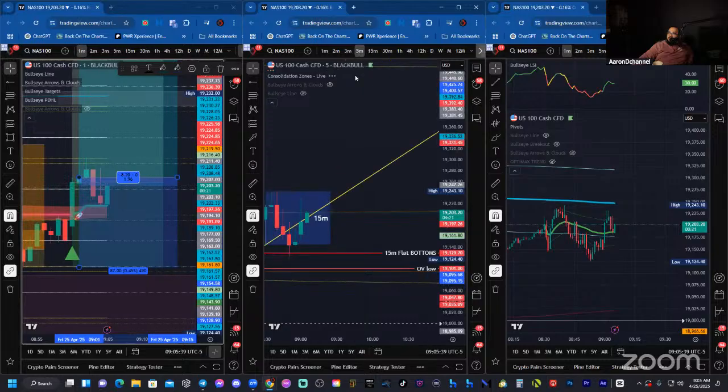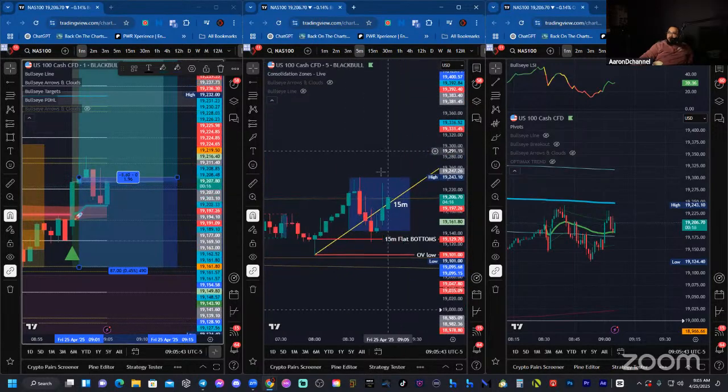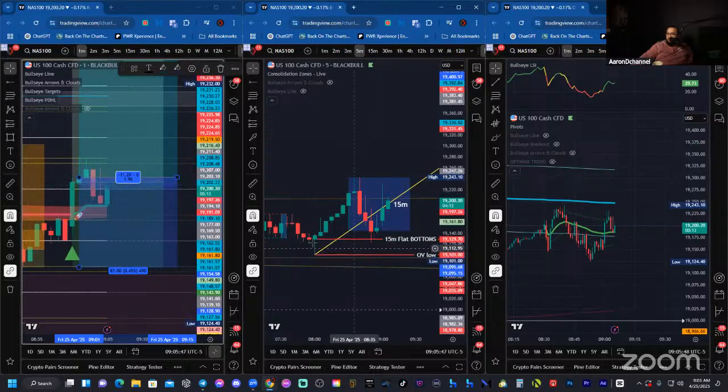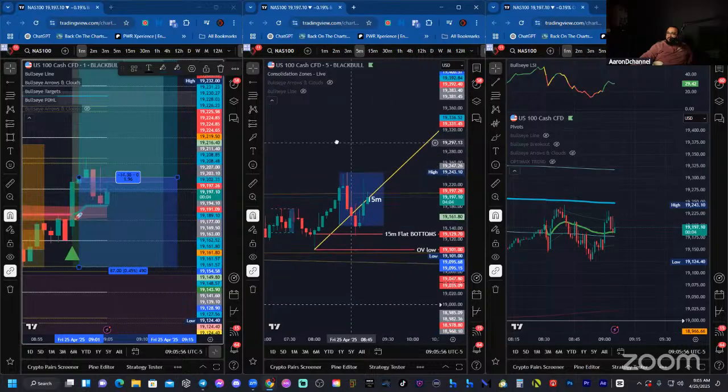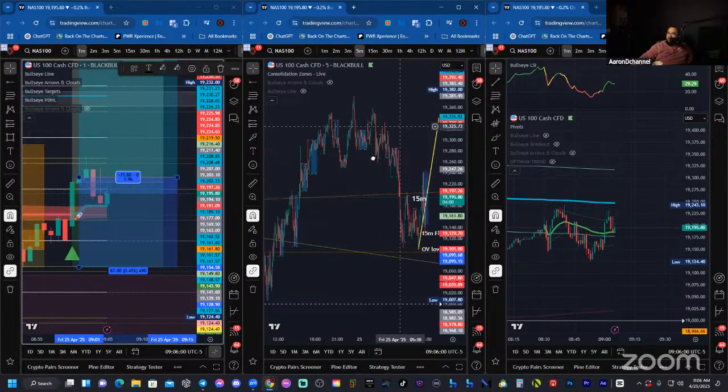All right, let's look at the 5-minute candle. Here's what I like about the buys is that we tapped into a 30-minute. Remember, I put that 30-minute wick up here, and we got a pretty decent reaction off of it, which is also a 15-minute flat bottom, right? News breaks, we go bullish. Let's see if we can break above this Gann arc.